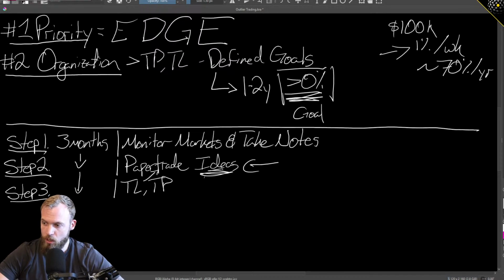Ben says, why do that? Why not test the idea first to prove it's at least theoretically possible? It's a great question. It's because you have no idea what to test for at this point. For a trader that's been in the market for, when I say X period, I mean probably sub 2 years, you don't even know how to backtest. You don't even know what to look for.